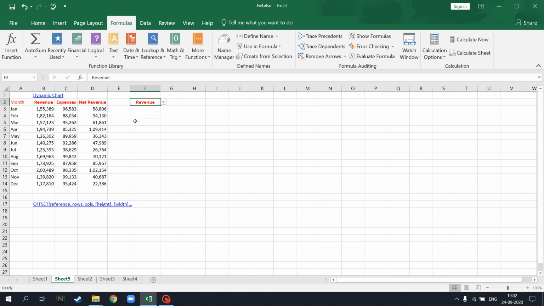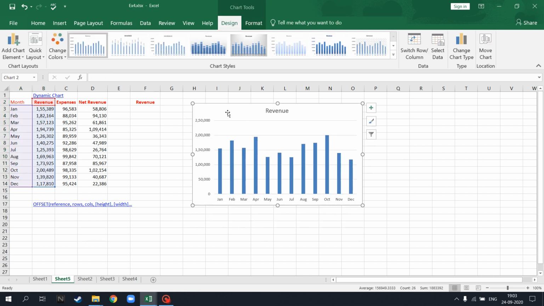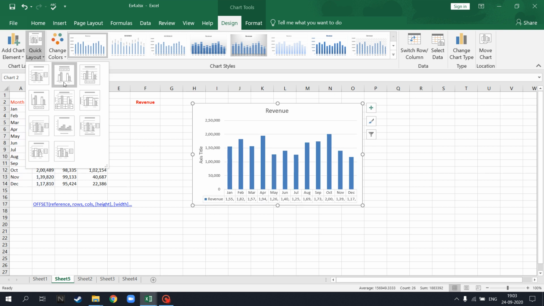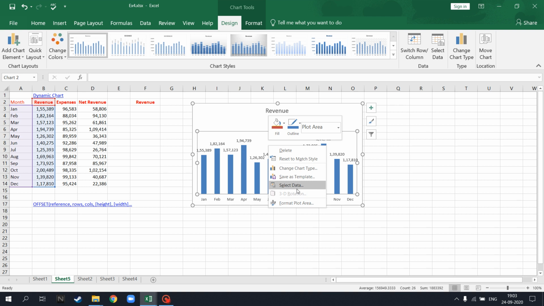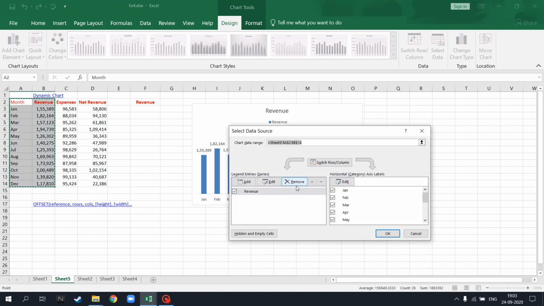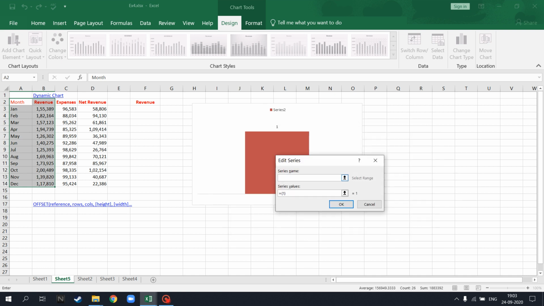Close. Now we will go to the next step, which is creating a chart. Let's create a chart. Alt F1 is a shortcut. Your chart is created. Just quickly change the layout, say for example, so that we can see the numbers, and then when the values change, we'll get to know. All right, now click on this chart. There's this section, select data. In select data, just uncheck this, add the button which you had created.